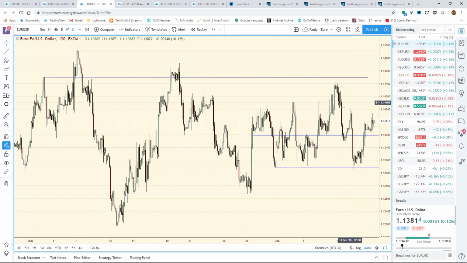I think that the euro has the opportunity to go in and rally. The problem is I think it's going to be more of the same thing, three steps forward, one step back, and then probably the next day, two steps forward, two steps back, and then we start to decline again. Possibly, we'll see how the dollar does. Obviously, the dollar is really holding up very, very well. I wouldn't have thought it would continue to hold up, but it has. And the closer we get to year end, but I guess with the FOMC, maybe they're not in any rush